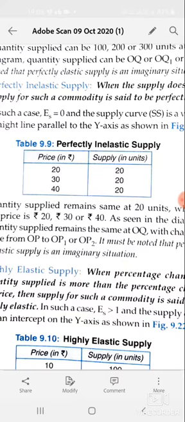Now generally, are there any goods whose supply is perfectly elastic and perfectly inelastic? Remember, these three conditions: perfectly elastic, perfectly inelastic, and unitary elastic, are imaginary and rarely found in real life. In practical life, we will find only the more than unit elastic supply, which is also called elastic supply, or inelastic supply, which is known as less than unit elastic supply.